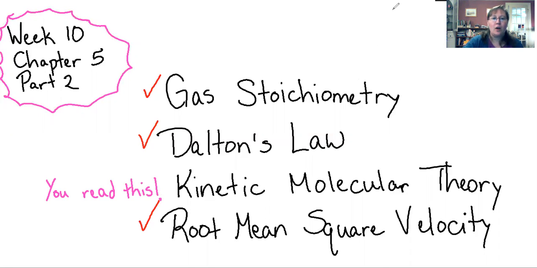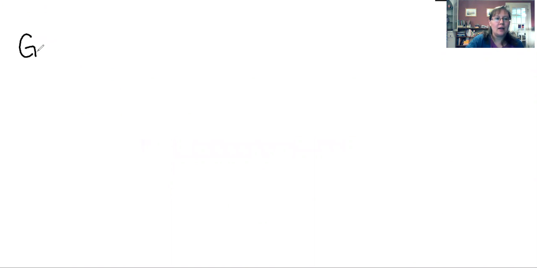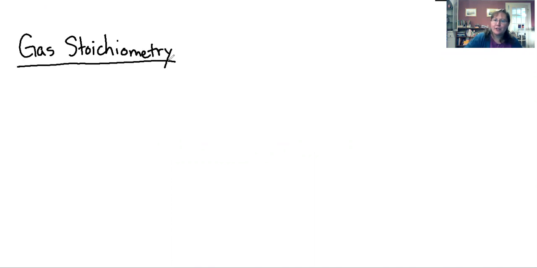Okay, so let's begin with gas stoichiometry. Now, gas stoichiometry is always going to have two different parts. Okay, so let's go ahead and take a look at one type. In one type, we're going to call this mass to volume gas stoichiometry, okay? And an example that we have for mass to volume is